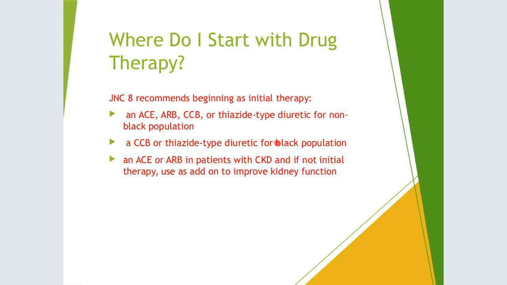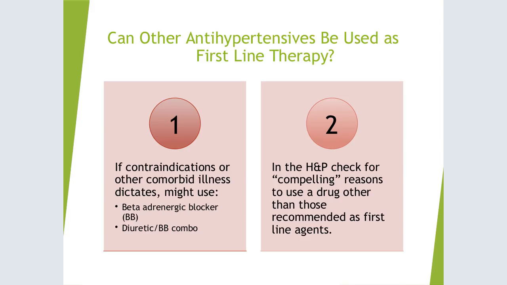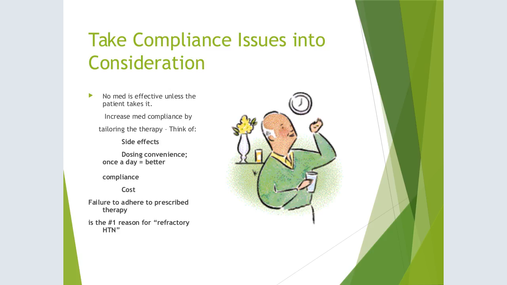They present with this for the very first time, never been on a blood pressure medicine, and you're going to put them on Lasix first line because they're in acute CHF. You're going to document that in your HPI. If contraindications or other illnesses are present and the necessity is to start them on something else, you're going to document that in the HPI. That is why you're doing this, as first line agents, to cover yourself, okay? Because we are now there.